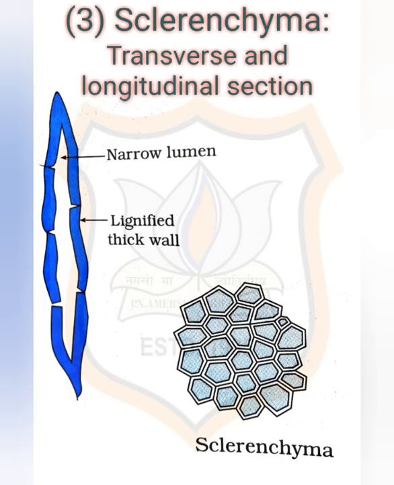The third part, sclerenchyma. These are dead cells. Walls are thickened by lignin deposition in the structure as shown in the figure. There is no internal space inside the cells, and it is present in stems around the vascular bundle, in the veins of leaves and in hard seed coverings, and its function is providing mechanical strength to the plant.